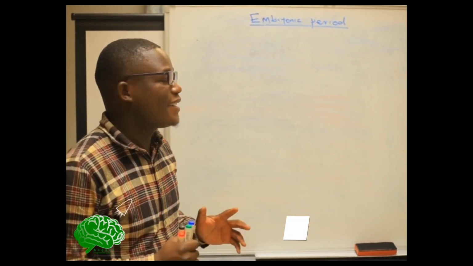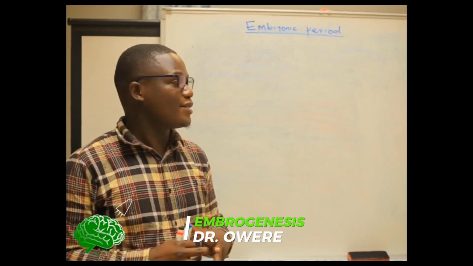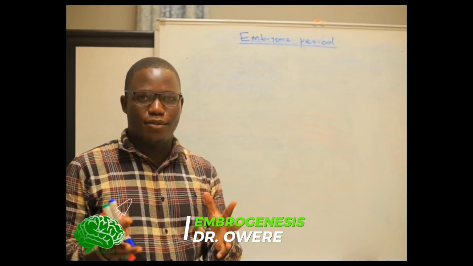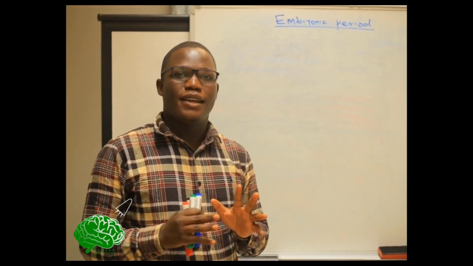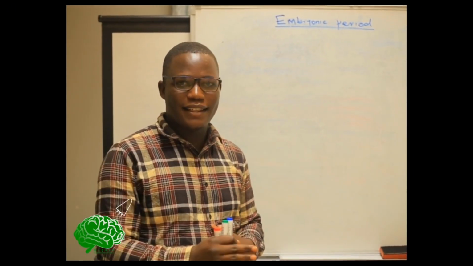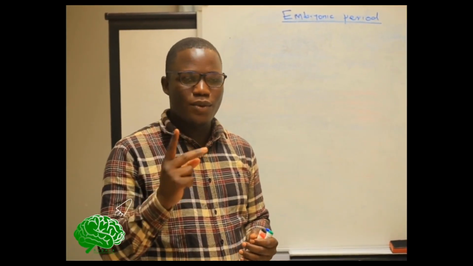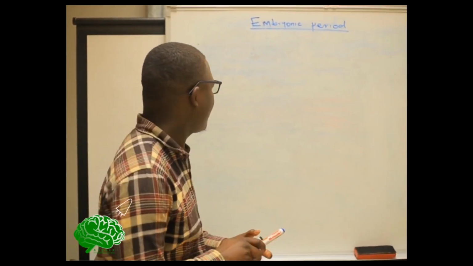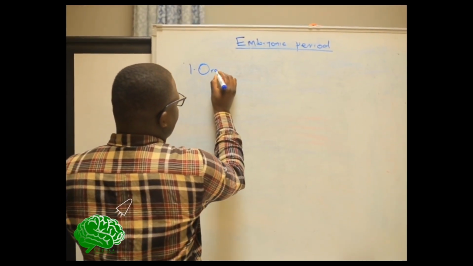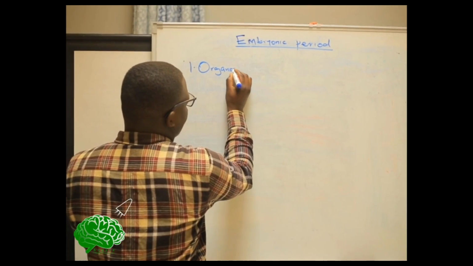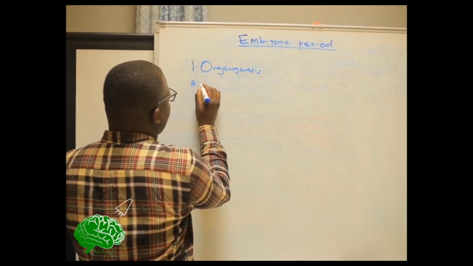Okay, welcome. In today's episode, we shall be looking at embryogenesis that occurs during the embryonic period. The embryonic period is that period of development which occurs from week 3 to week 8 of development and is characterized by two basic things. One is termed organogenesis. Then the second one is